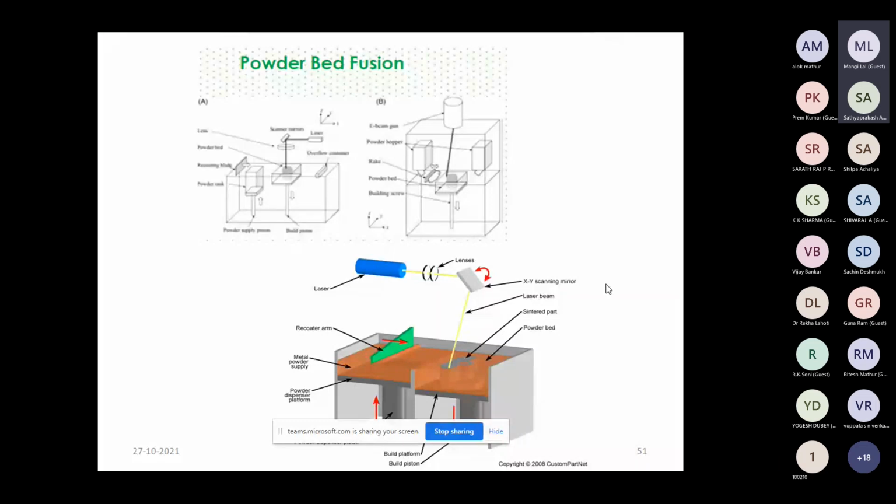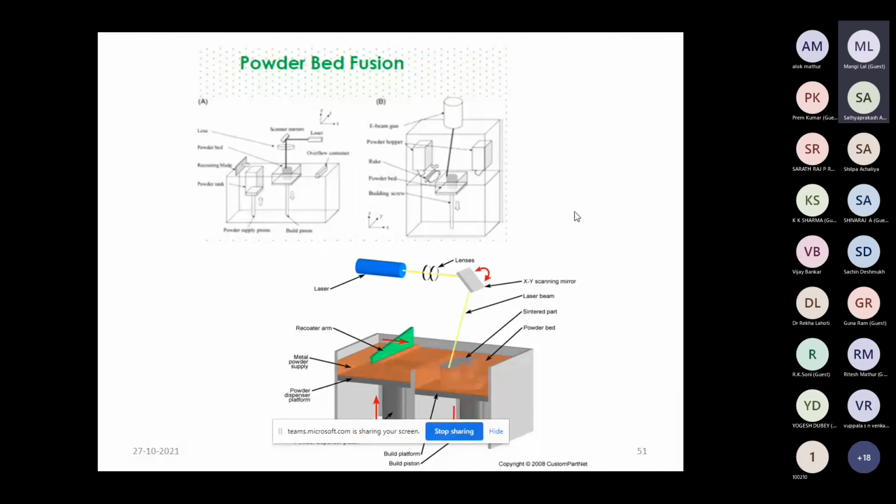In one method, just like selective laser sintering, we have a powder supply piston and a product build piston. Metal powder is supplied and the recoater arm distributes this metal powder on the product build cylinder, and the laser fuses or sinters this powder according to the cross sectional area, and the product is made.